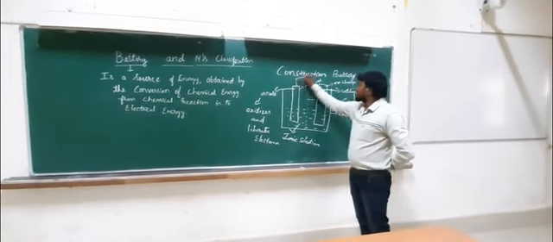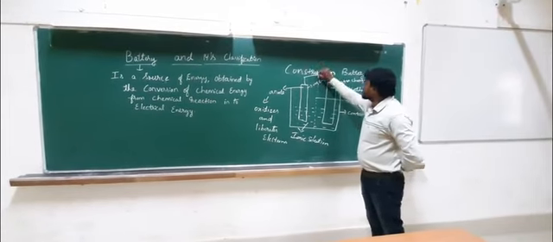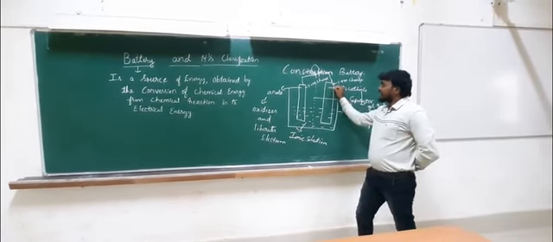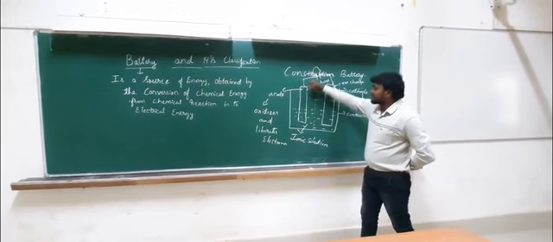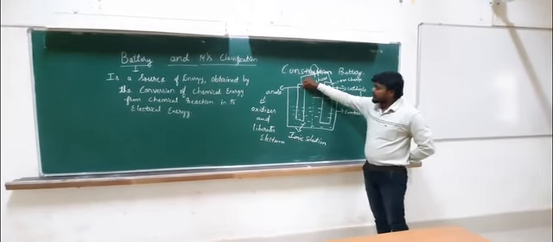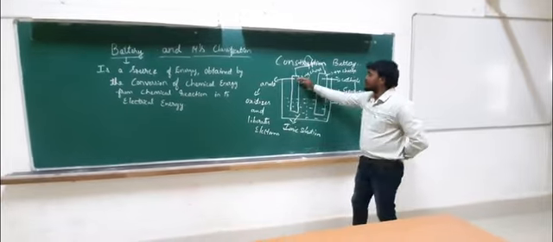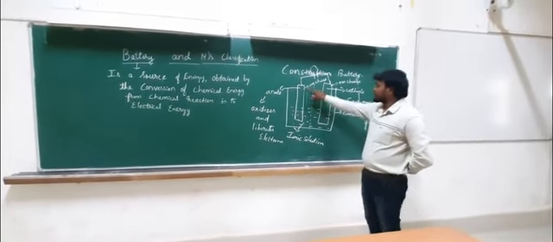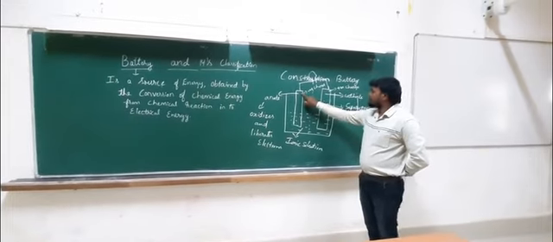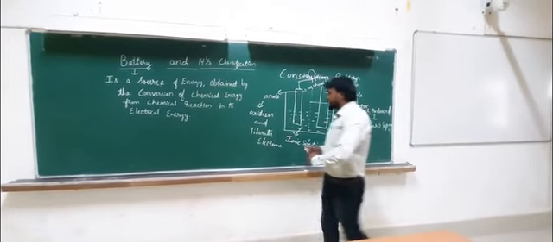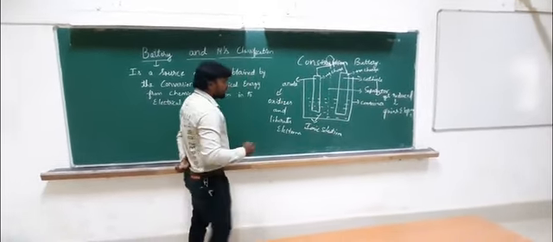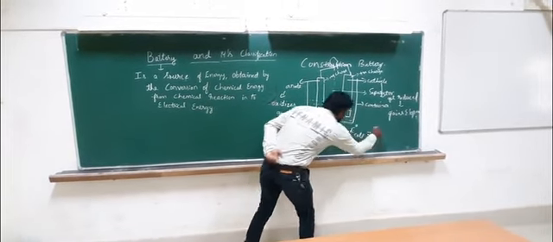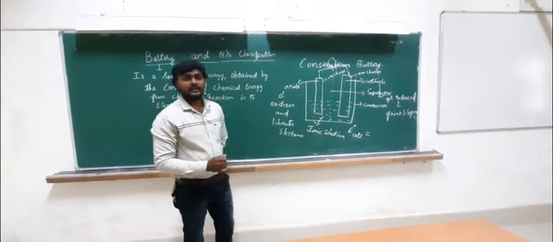When we connect it externally, if we fix a bulb here, the electrical energy will move from cathode to anode, because in this electrode, anode gets oxidized, means which loses electron. Electrons having negative charge, so this electrode has negative potential. So electrode potential we can calculate, how much of voltage we can get from the battery.